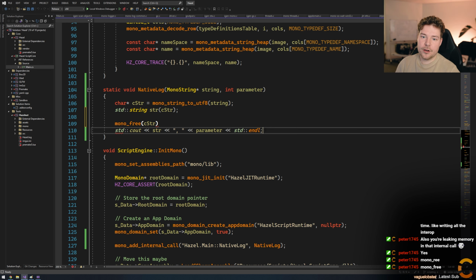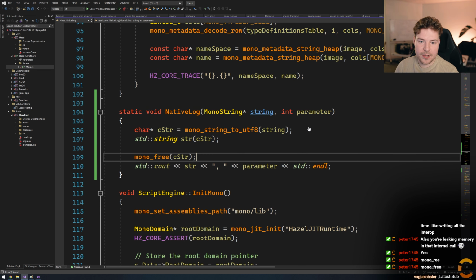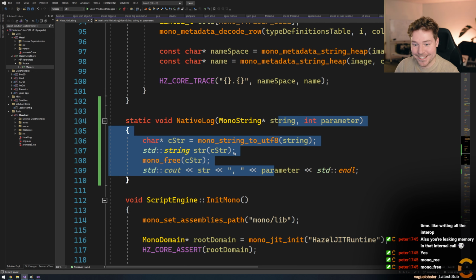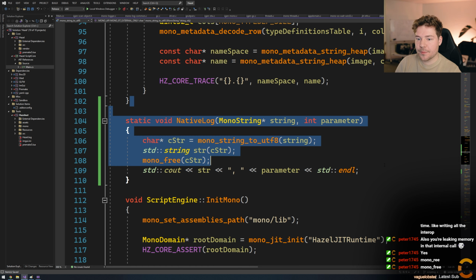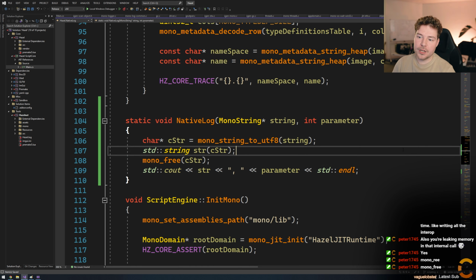Yeah. So, for those of you playing along, thanks Peter for that, because I didn't even consider that, to be honest. So mono string to UTF-8 obviously gives us back a char pointer, and in order to get that from a managed language like C#, there needs to be some kind of way of copying essentially the characters from C# into something that's stored in memory in C++.